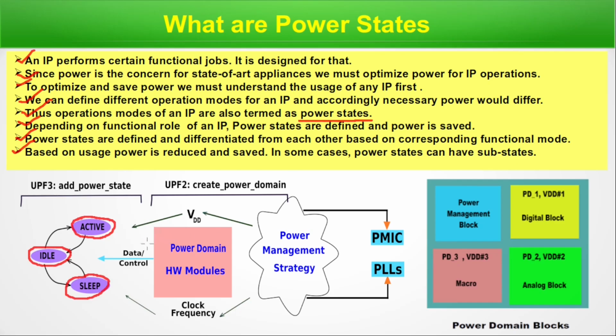There must be a controlling unit to change its operation. If it's actively required, then it should be in active mode. If not, it will be in idle mode. If even that is not required, then send it to sleep mode. There must be a control circuit so that, when required, the block or the IP can be retrieved from there and we can take it to active mode again. So sleep to idle mode to active mode.